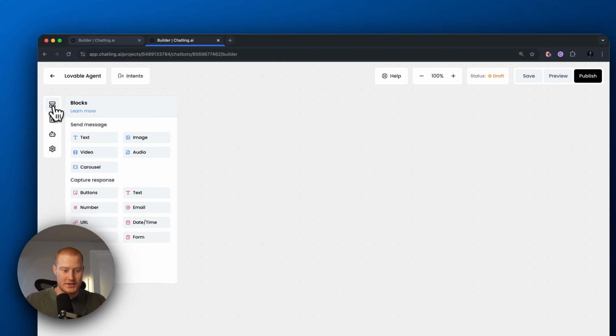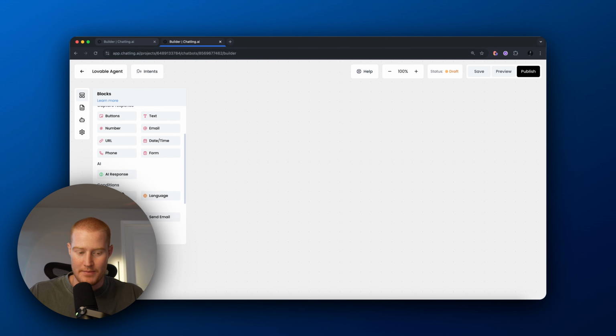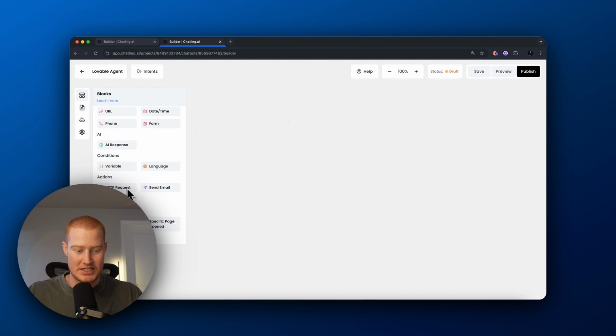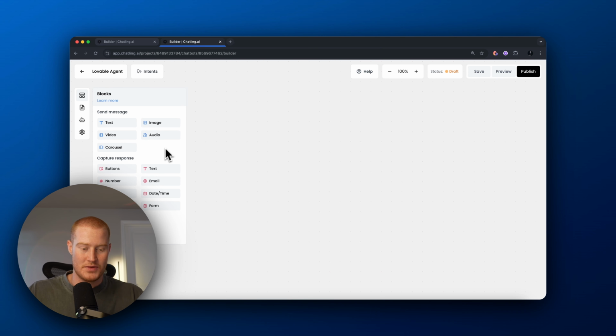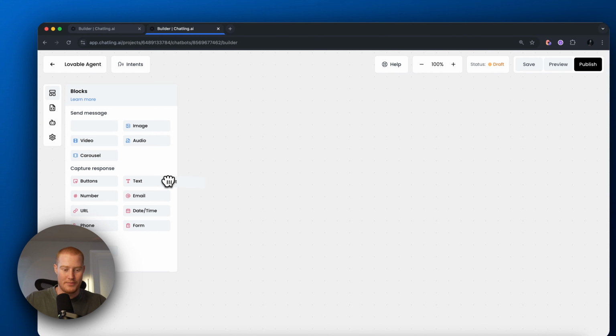And if you come over to the left-hand side, you could see there are different blocks. There's text blocks, image blocks, videos, there's capture response blocks, there's AI blocks, conditional steps, HTTP requests, all of these different things. This may look confusing, but stick with me in this video so you'll actually understand how to do this. So first of all, what we want to do is we want to drag and drop a text block